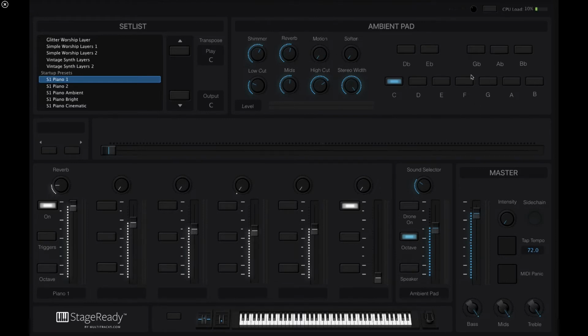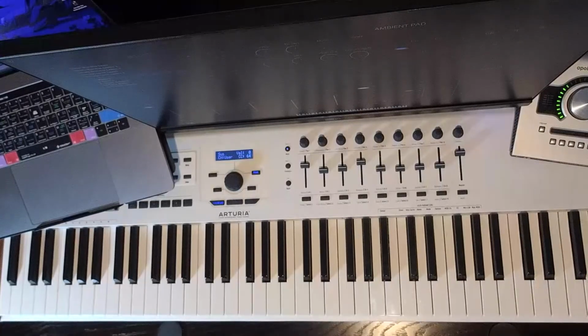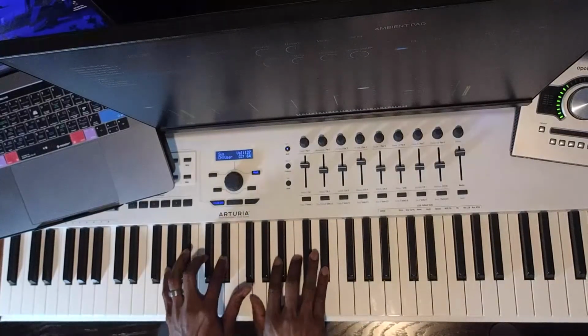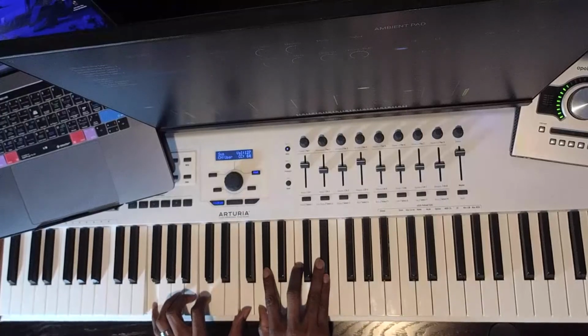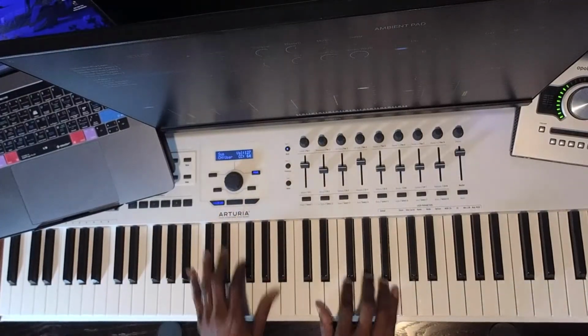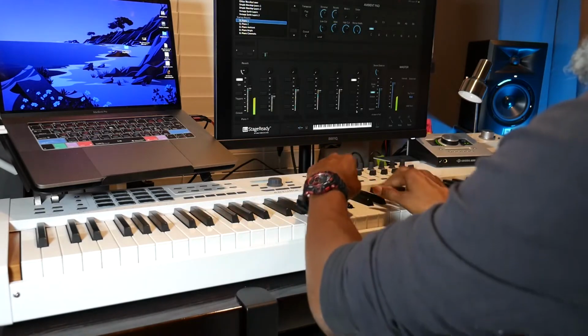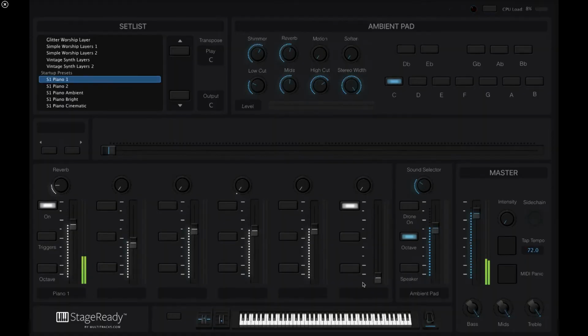Basically, you've got the drone pads that you have available to you, and then EQ and reverb and things like that to be able to affect those different pads. You've got faders and knobs that allow you to, on your computer, take control of it from your keyboard, right? Or whatever MIDI controller you want to use for that purpose. And so basically, they work the same way. You've got access to the drones and